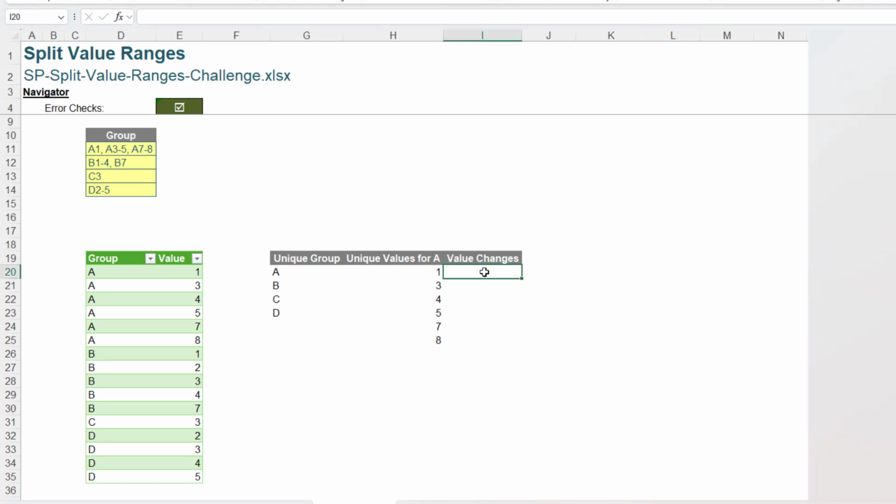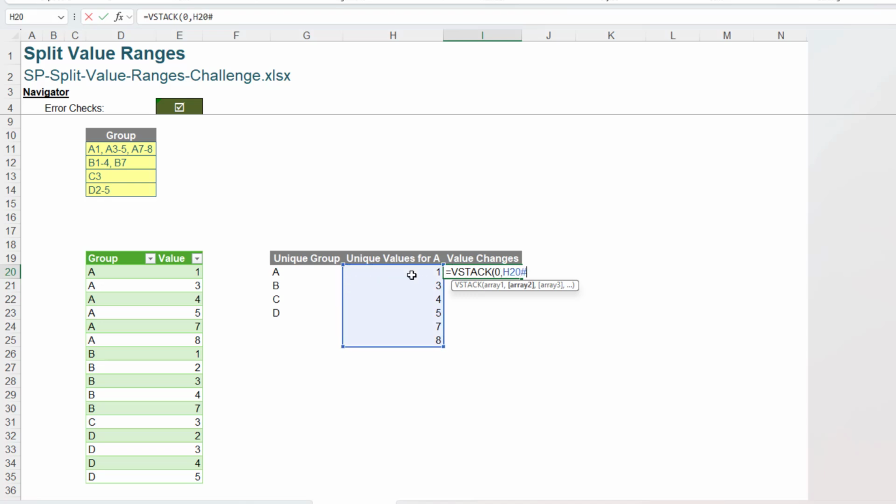Here we're gonna use the VSTACK function. The VSTACK function helps us to combine multiple arrays into one array vertically. The reason why we need to use it here is because you can see in the list we have the first value as 1, but we have no number to subtract from it, right? Because this number doesn't have a former one. So we can add a number as 0